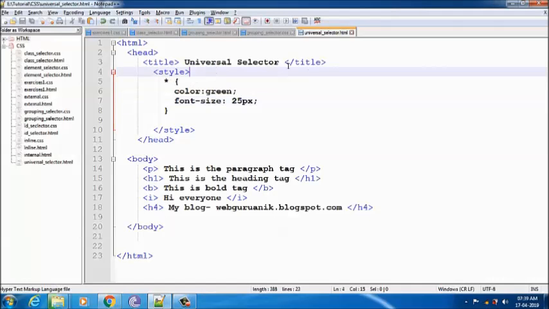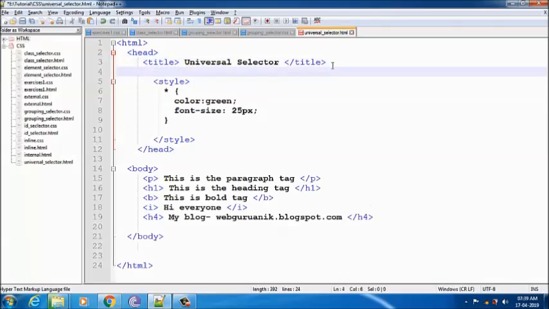Because I have used the universal selector. Here I have used the universal selector. Okay, this is the concept of the universal selector. For all the tags, it will have that effect. So even if I give some effect for the body also, it will have the effect for the body tag. Fine. So for all the tags, for all the elements, the color will be green and the font size